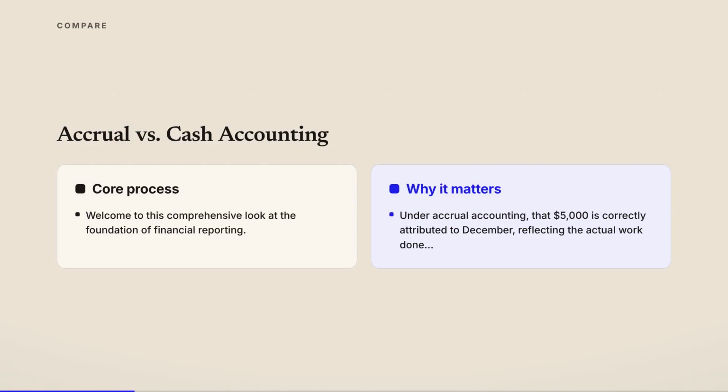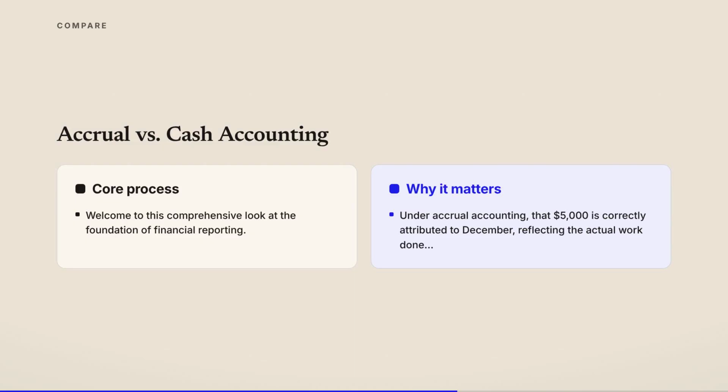Cash accounting is straightforward. You record revenue when you receive a check and record an expense when you pay a bill. While simple, it often distorts the timing of economic activity. Accrual accounting, however, focuses on when economic events actually occur. Revenues are recognized when earned, and expenses are recognized when they are incurred or when their benefits are used, regardless of when the cash moves.